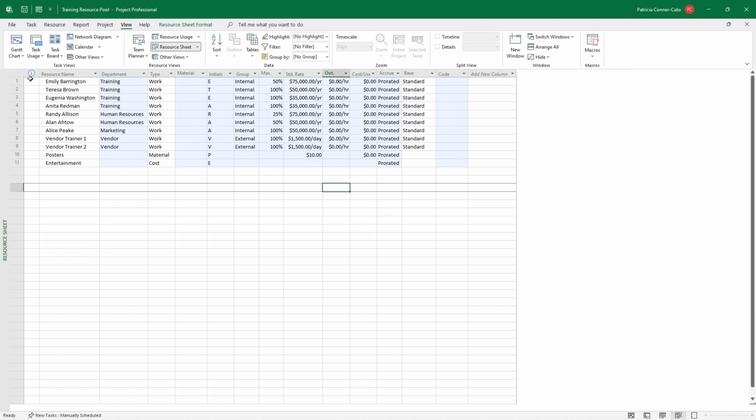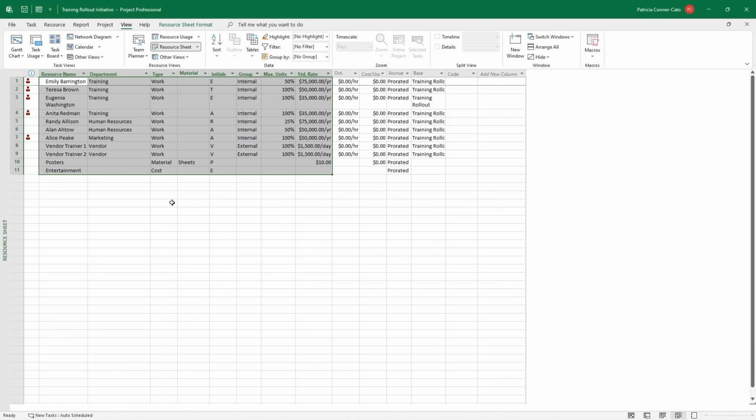And notice, like I said, the little red icons in the indicators column. So the system would not have thought that they were over allocated in this file. There's no task, there's just a resource pool, but you would not have been able to get rid of that shading even if you had gone to the Resource Sheet Format tab and Text Styles. It wouldn't adjust it. So we have this in our training resource pool. Let's go ahead and save this file,